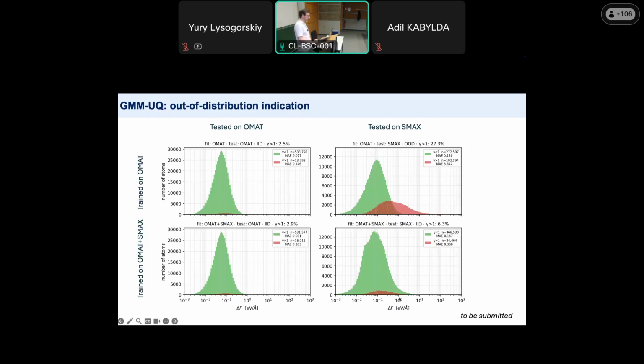So long story short, this mechanism allows us to identify if our model is trying to evaluate never-seen-before atomic environments, which gives you not a 100% accurate, but at least some useful signal about the reliability of your simulation.